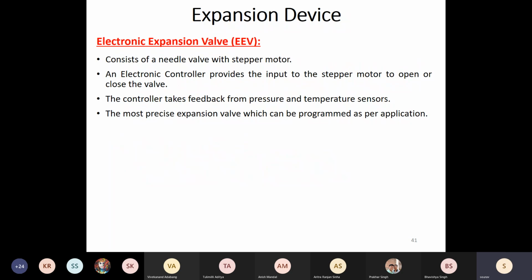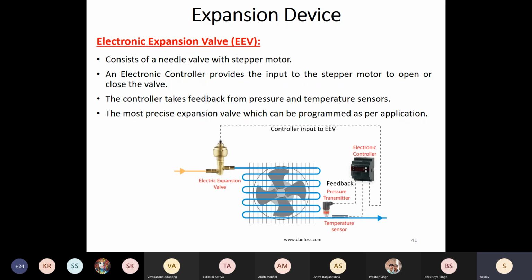This is the last expansion device, just an introduction to something called the electronic expansion valve. Again, this is not very common in most of the systems that you will see in your day-to-day life. The reason for this is the cost. So this is an electronic expansion device, as the name suggests. There will be an electronic circuit,